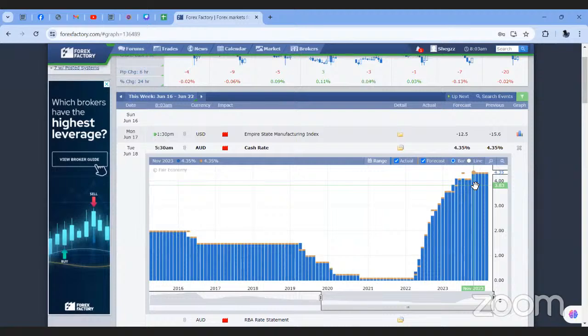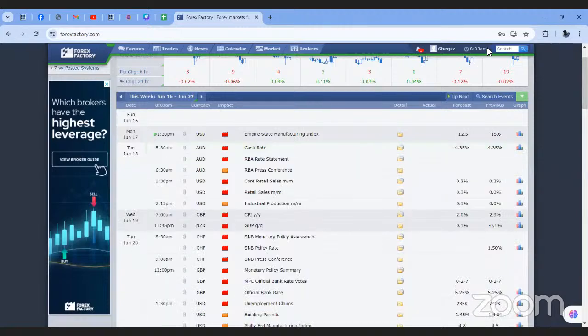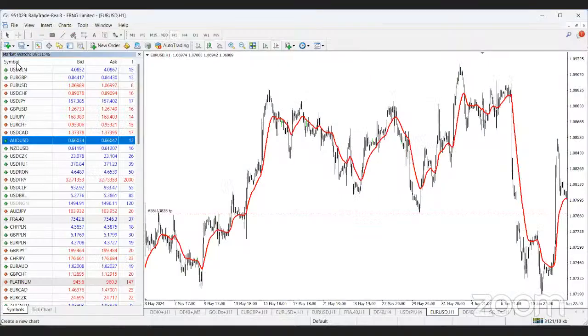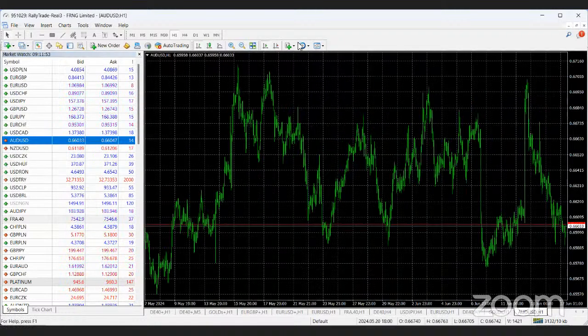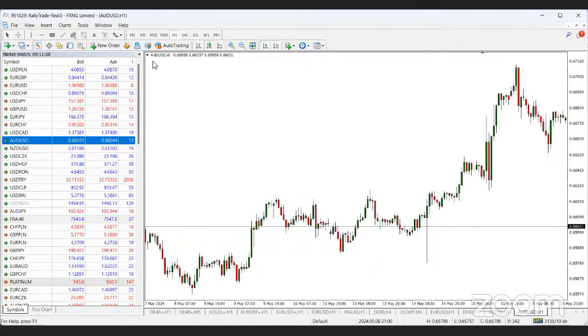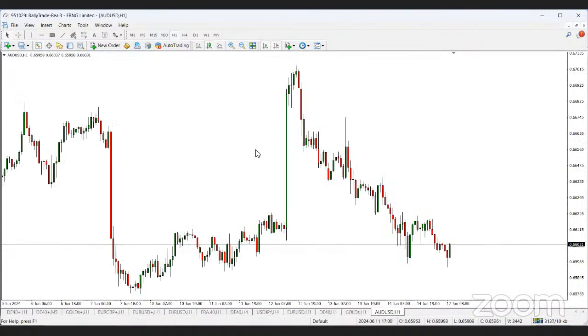Now, if you choose to go with post news, which means you wait maybe 15, 20 minutes after the news before you place your trade on AUD, all you need to do is come to the chart, open major, and choose AUD USD. Finally, you can place a buy. That's if you are trading before the news. But if you're not, you might as well wait until the news breaks, then place a buy.